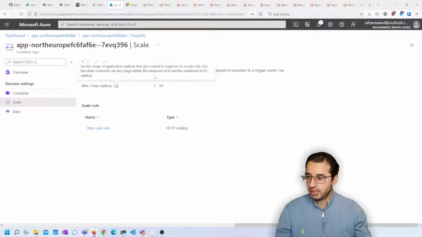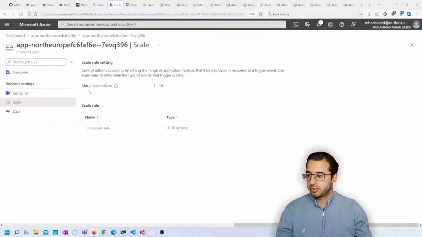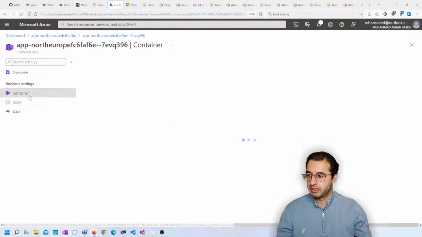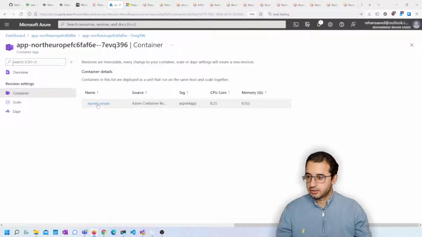And you can only have a maximum of 25 replicas as well. So that's one potential disadvantage of using Azure Container Apps. You don't get infinite scalability. So it's more for kind of smaller apps. You could scale up instead, so get a bigger instance. So right now I'm using a quarter of a CPU core and half a gig of memory. If I chose to, I could